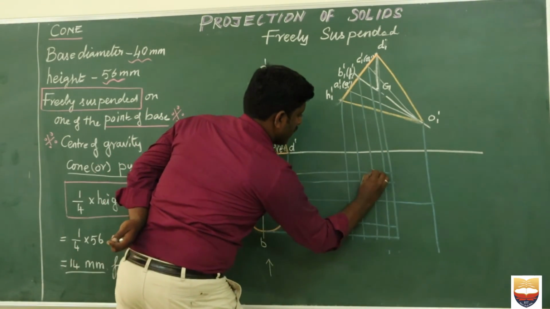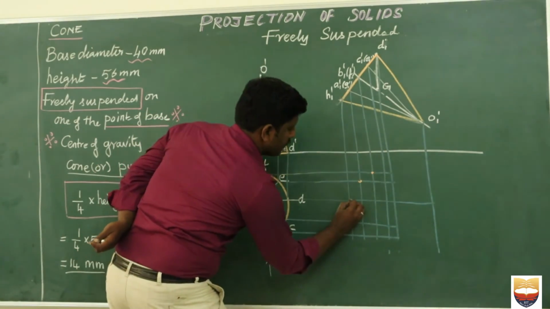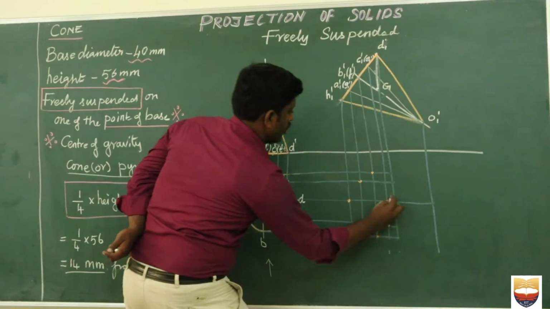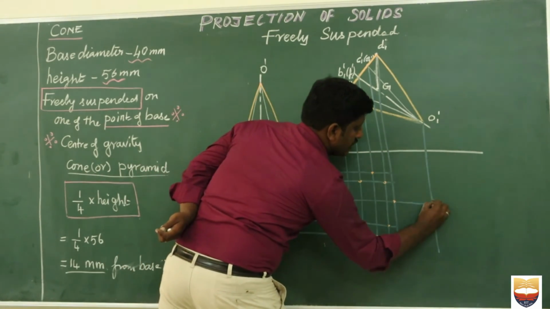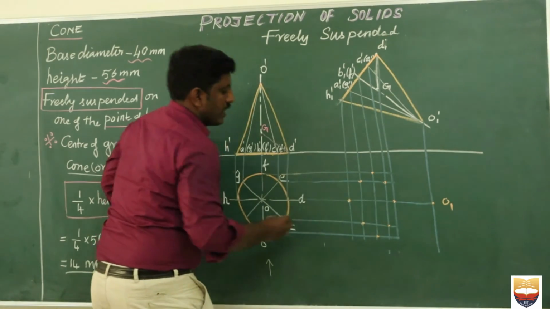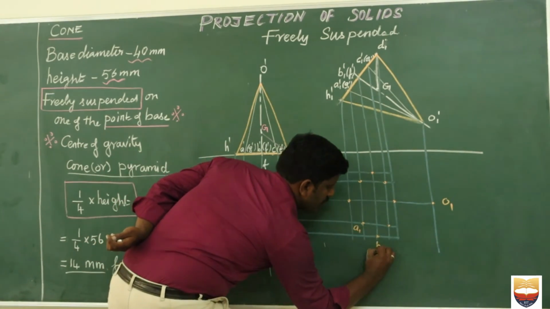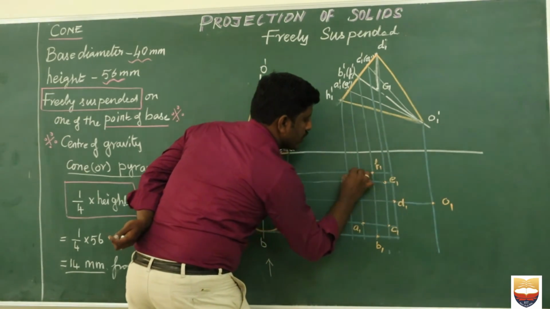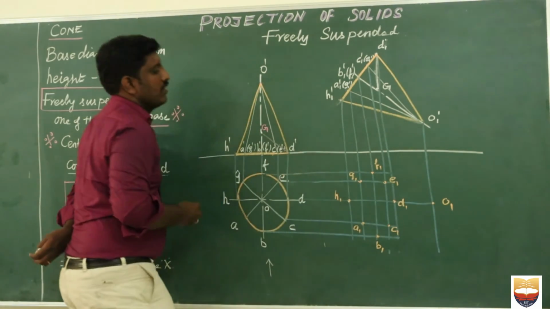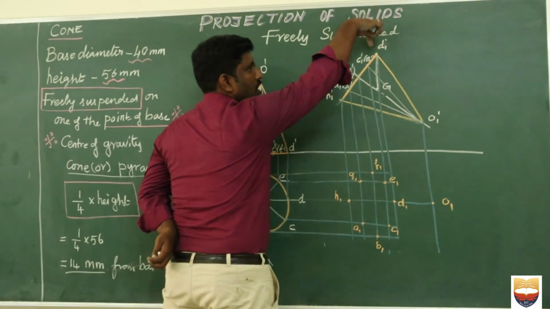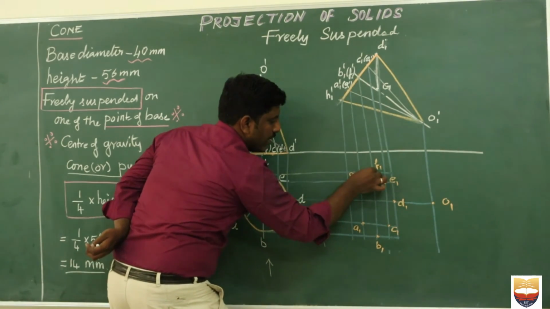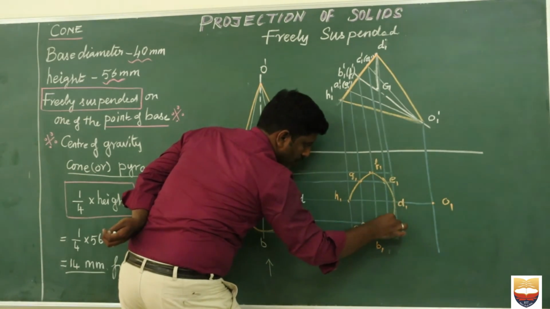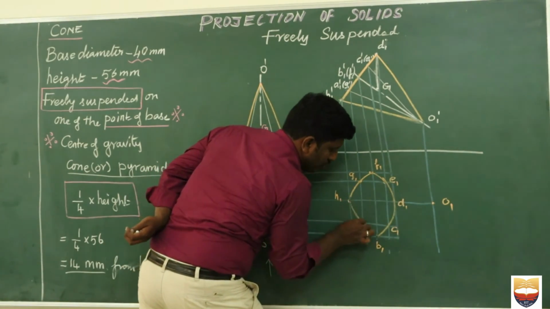So here I have my F. Here I have my point G. This is H. This is A, B, C, I hope this is D, and this is E, and this is my O1. I can write it here. This is my A1, B1, C1, D1, E1, F1, G1, and H1. Now you try to connect. When I look from the top, I can see the entire circle, so there is no concept of hidden lines since I can see everything. Use your French curve and connect all those points.